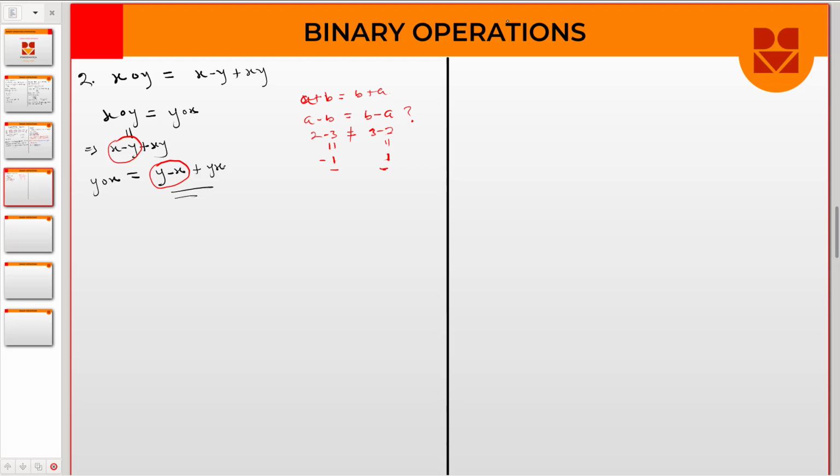Let's put it in writing. Since subtraction is not commutative, it means that x operation y, which is equal to the definition x minus y plus xy, is not equal to